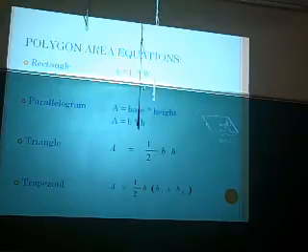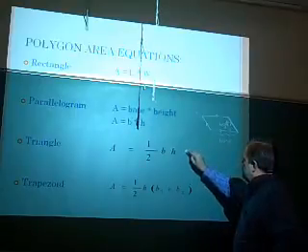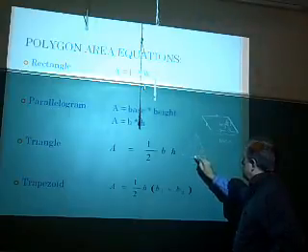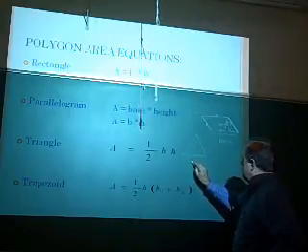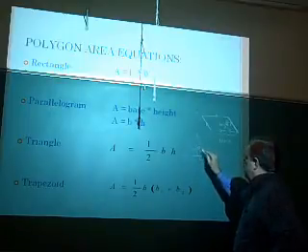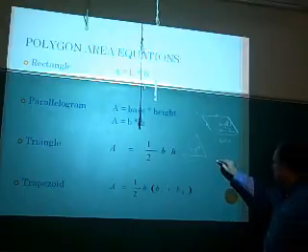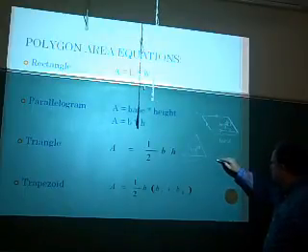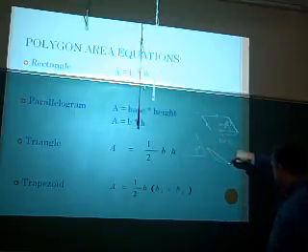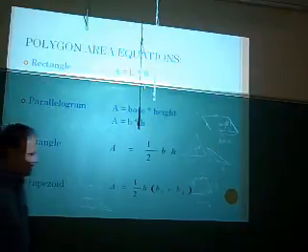Okay, the area of a triangle is 1/2 base times the height. Here's our triangle, here's our base, and our height. Again, the height is always perpendicular to the base. So if you have a triangle that comes out like this, an obtuse triangle, the height is outside. Any other questions for